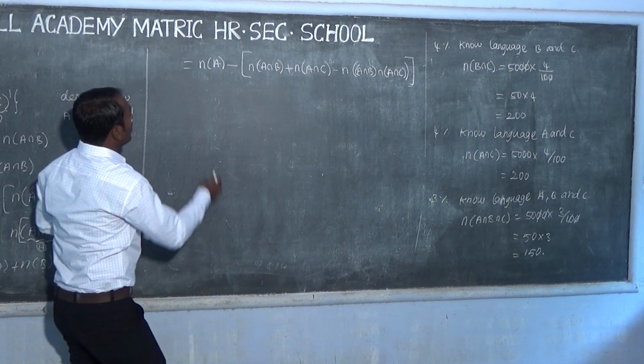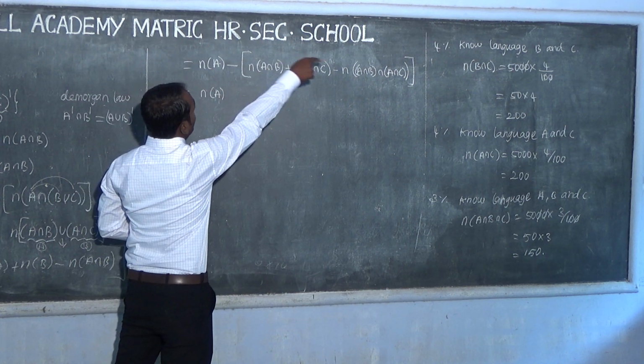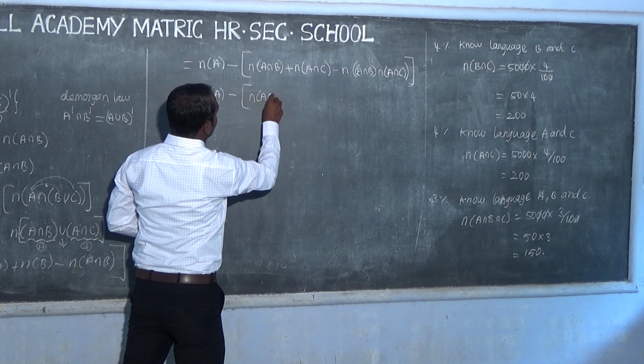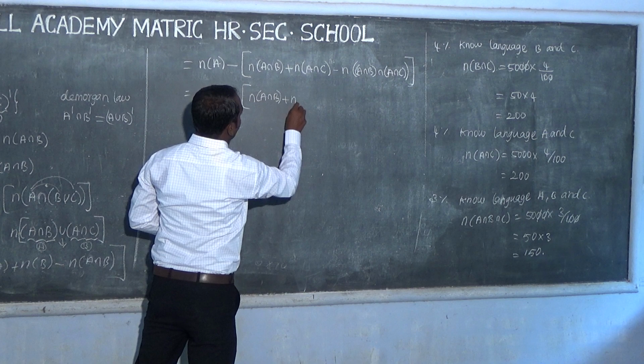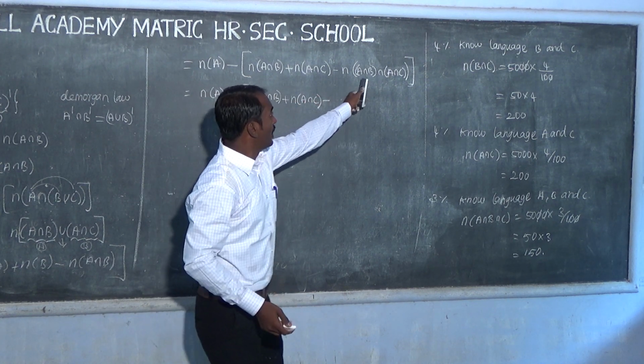And n of A, I am going to take the minus value, taking n of A intersection B plus n of A intersection C minus...